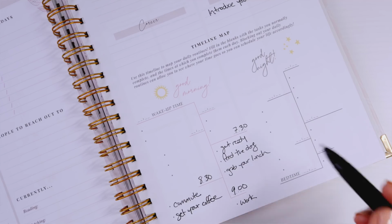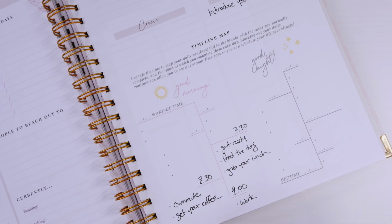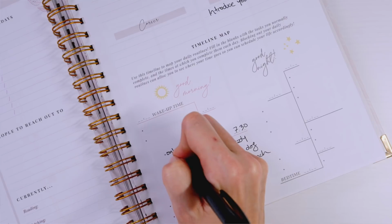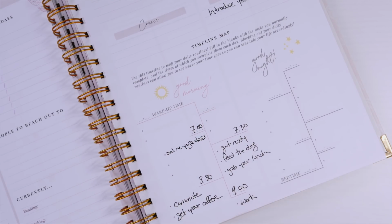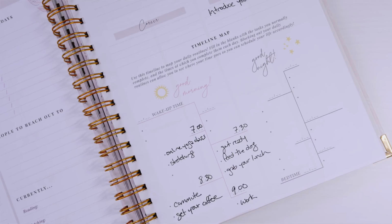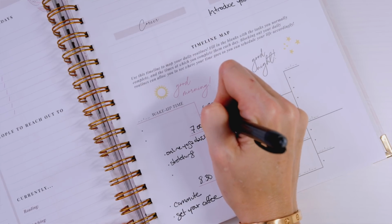You know, you could wake up at 7:30 and hit the ground running, but the entire point of this is to not do that. Let's say we're gonna get a little bit better movement in if you're more of the type to work out in the morning. At 7 o'clock, we're gonna take an online yoga class. So it's really quick and there's no commute. And then do just a little bit of stretching after so that we don't feel rushed to get into the shower. At 6:30, we'll do coffee